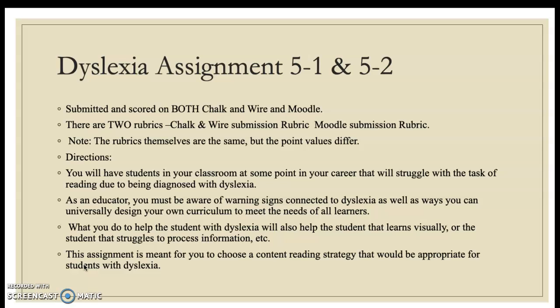What you do to help the student with dyslexia will also help the student that learns visually or the student that struggles to process information, and so on. This assignment is meant for you to choose a content reading strategy that would be appropriate for students with dyslexia.